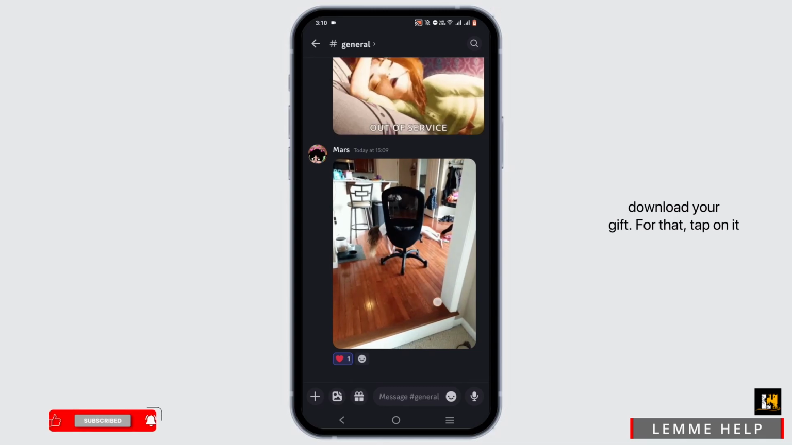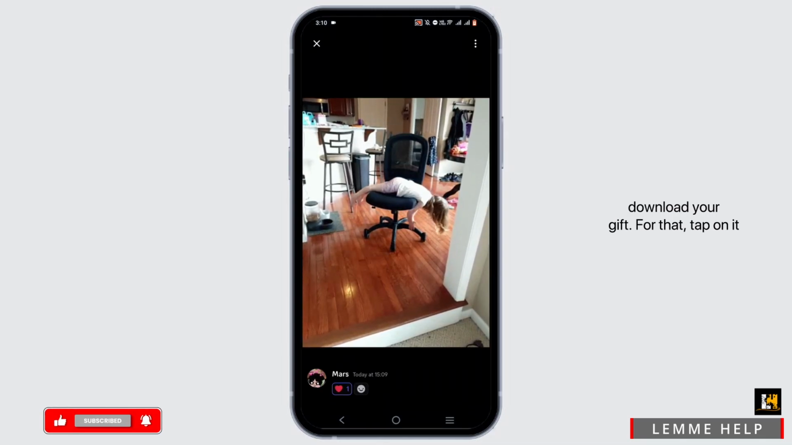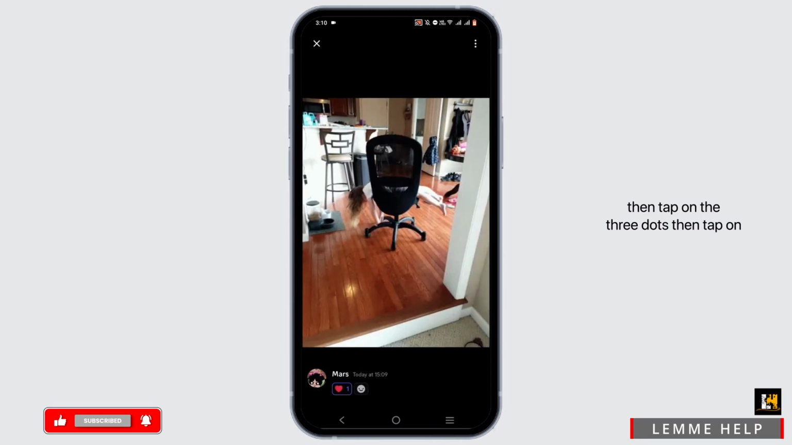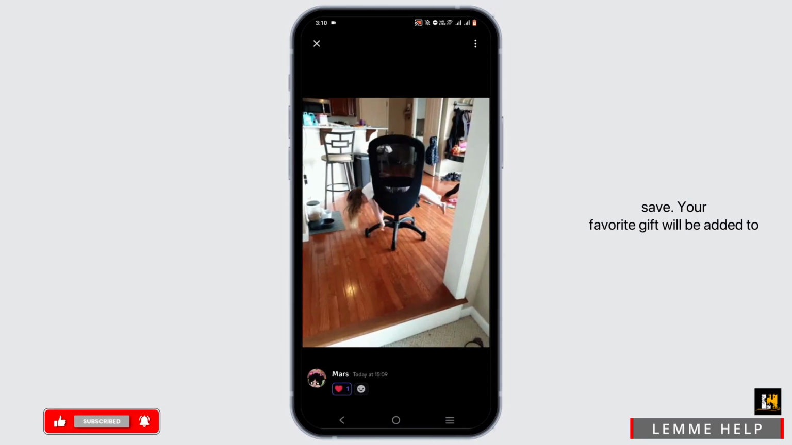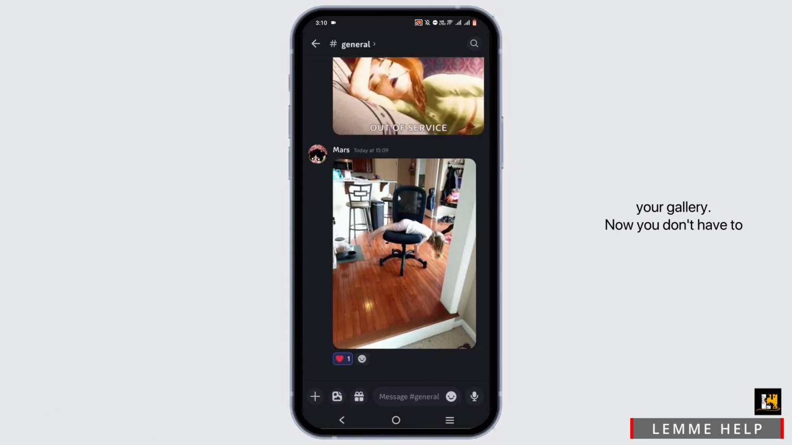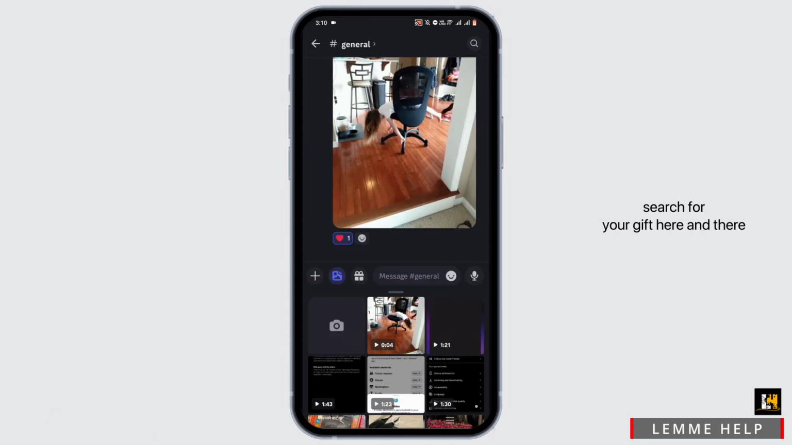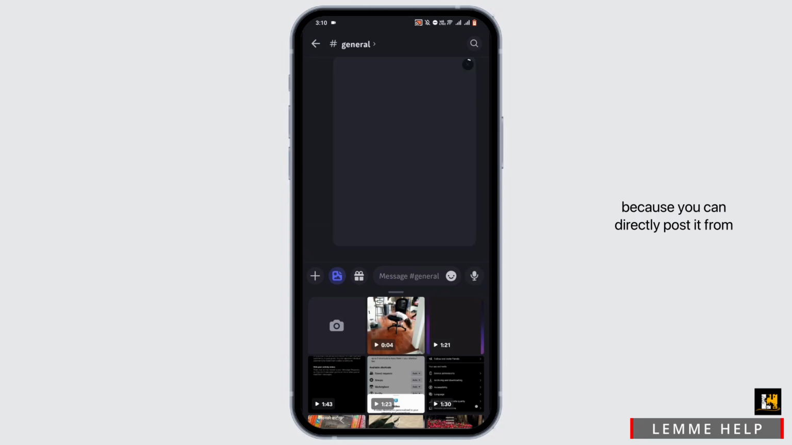You can also download your GIFs. For that, tap on it, then tap on the three dots, then tap on Save. Your favorite GIF will be added to your gallery. Now you don't have to search for your GIF here and there because you can directly post it from your